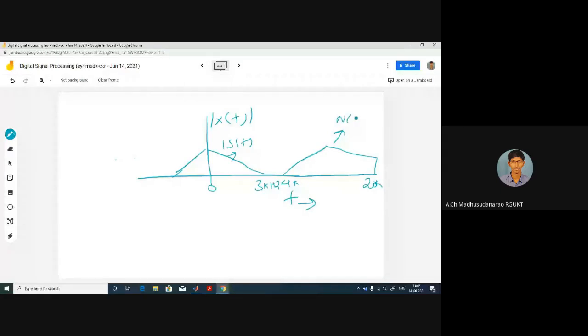If I simply apply a low pass filter with a cutoff frequency anywhere between 3 and 4 kilohertz, I can remove this part totally, right? Because if this is an ideal low pass filter, it has 0 gain in the stop band. 0 into this one, so this got nullified. The pass band gain is 1. Then I can listen to only s of t, right? I can remove the noise, I can listen to only my song. That's my opinion.